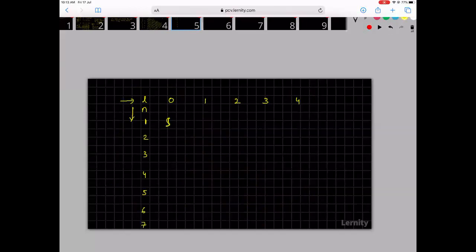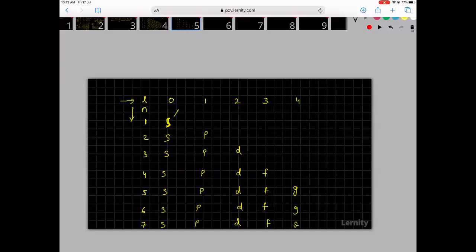So in the first one, I have only the s orbital. In the second one, I have the s orbital and the p orbital. In the third one, I have s, p, and d. In the fourth one, I have s, p, d, and f. In the fifth one, I have s, p, d, f, and g. Then I have s, p, d, f, g, and so on. We don't need them.